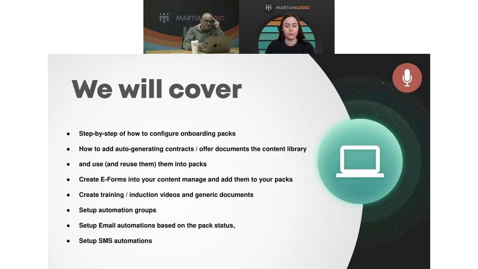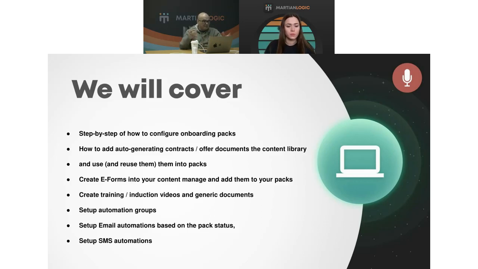These items could be a merged document such as a contract, a training video, an e-form such as the tax form or personal details form, or a code of conduct, a static PDF document that you want people to read and sign off on, or at least acknowledge that they've read. We will go through all of these document types, the differences between them, and how you can then